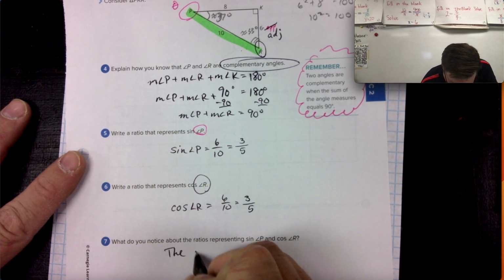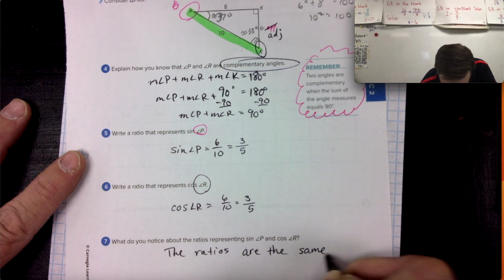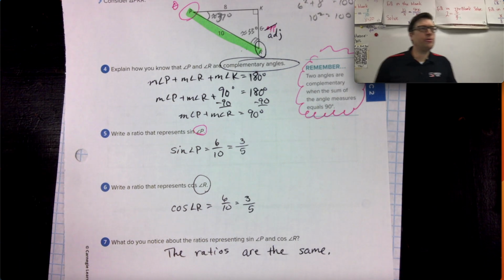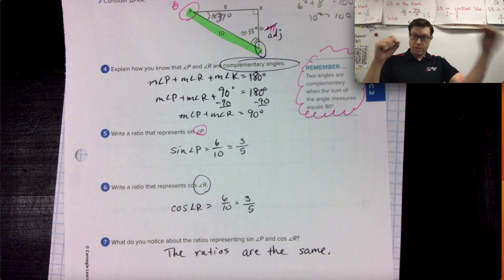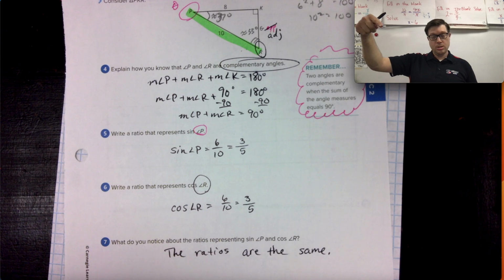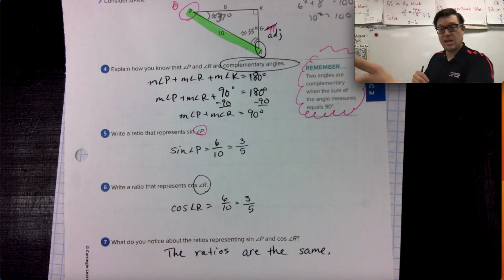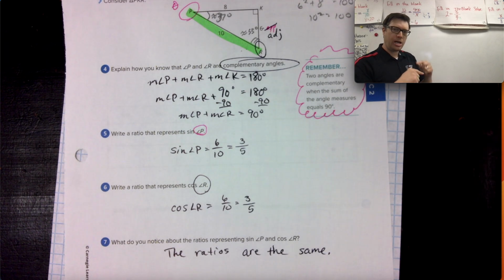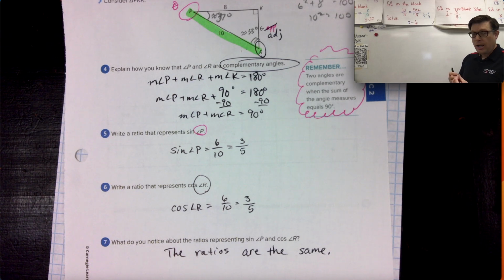The ratios are the same. Why does it make sense that those ratios are equal? If you're focused on angle P, and then you line up your hypotenuse, your opposite, and your adjacent side from angle P, you get a sine ratio of 6/10. That's because you had to look at the side opposite from angle P. But if you change your reference angle to angle R, and so instead of being up at angle P, now you're over here at angle R, and you